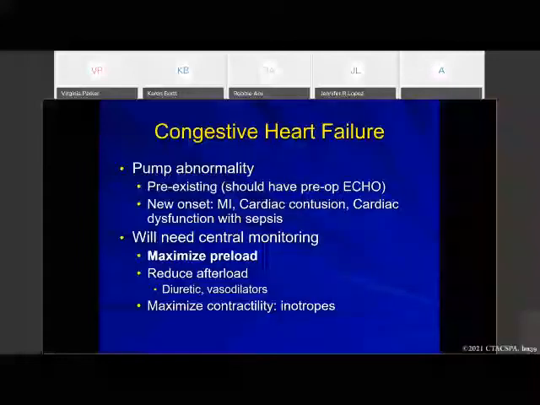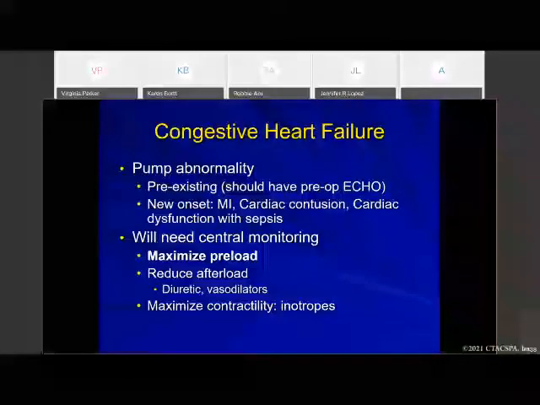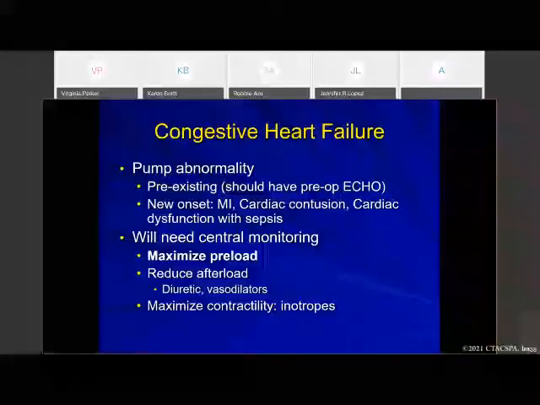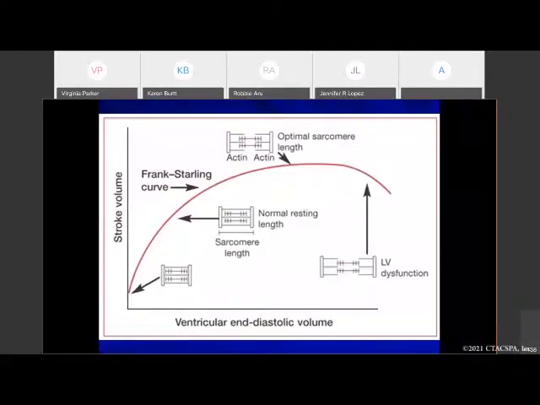They will need some kind of central monitoring, because you want to maximize your preload. This is where a Swan would be really good if someone has a stunned heart after cardiac surgery, or chronic CHF, so you can do a Starling curve, which I have on the next slide, I think. You want to maximize your preload to a point where it increases their cardiac output, until their cardiac output starts going down, and that's your Starling curve. So you can see if you increase your end diastolic volume, your stroke volume goes up,